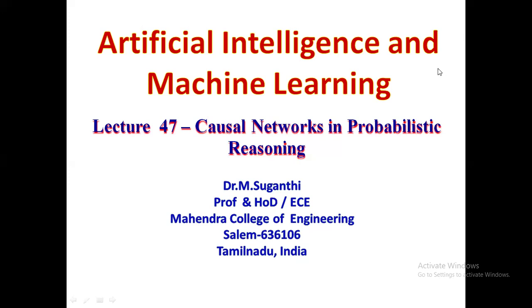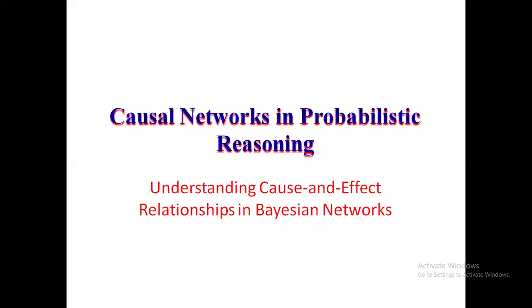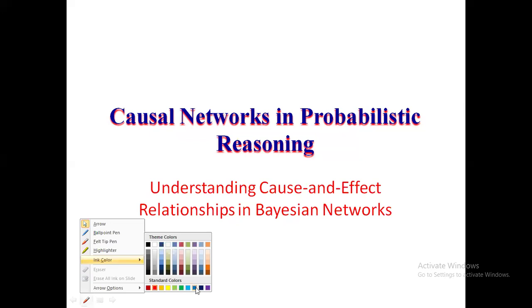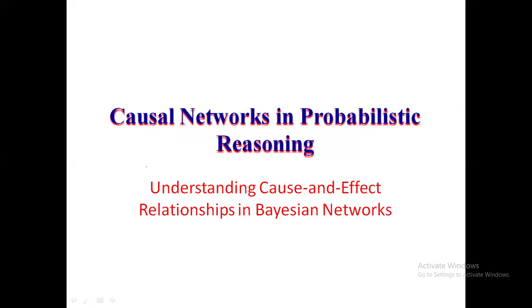Causal networks in probabilistic reasoning, particularly within Bayesian networks, offer a structured approach to understanding and modeling cause and effect relationships among variables under uncertainty. These networks use DAGs. We have seen DAG in the previous lecture. DAG means directed acyclic graph. So these networks use directed acyclic graphs where nodes represent variables and edges denote causal influences, allowing for intuitive